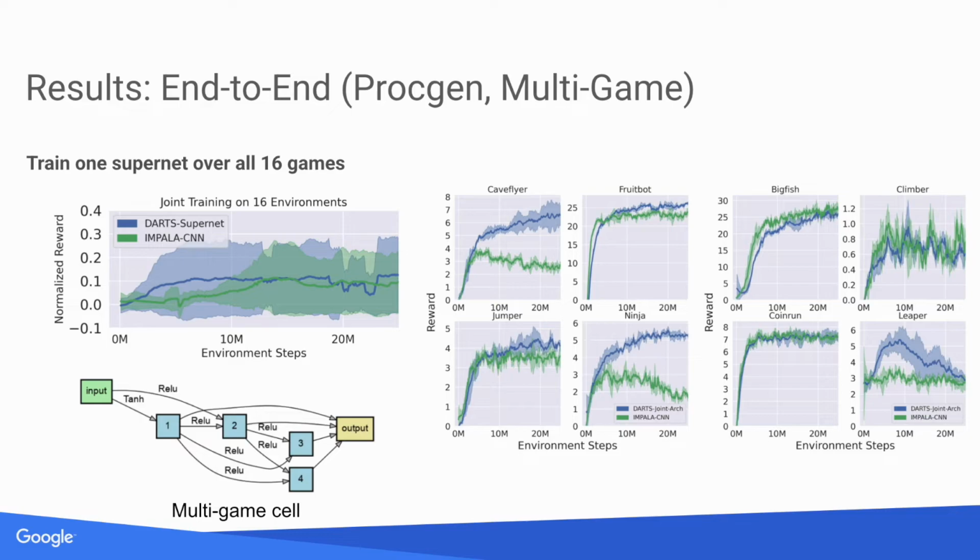Here, I will show the core end-to-end evaluation performances of discrete cells after the entire search process is done. We begin by showing the most surprising result, where we are able to find a single cell over all 16 ProcGen games, which is competitive with, and sometimes even substantially outperforming the Impala CNN baseline. To find this cell, we trained our supernet simultaneously over all 16 ProcGen games. On the left-hand side, we already see that even the supernet is outperforming the Impala CNN baseline. On the right are the final training curves for the discrete cells.